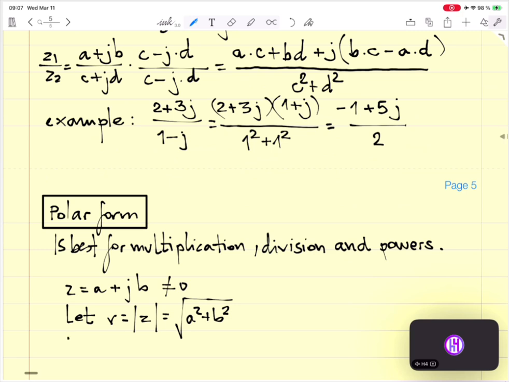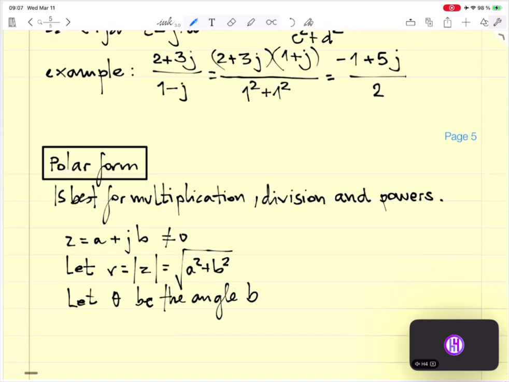And let theta, this is a Greek letter, be the angle between the positive real axis,